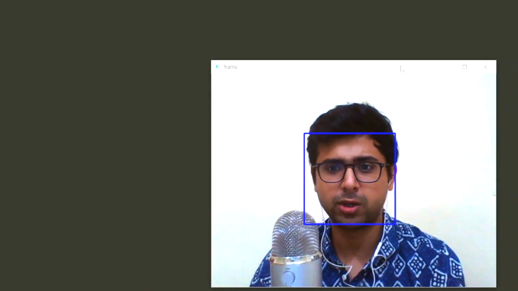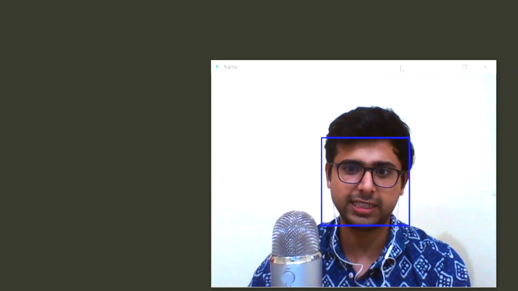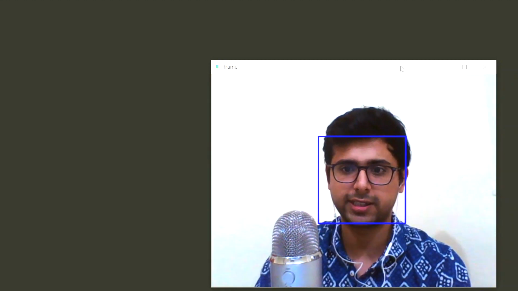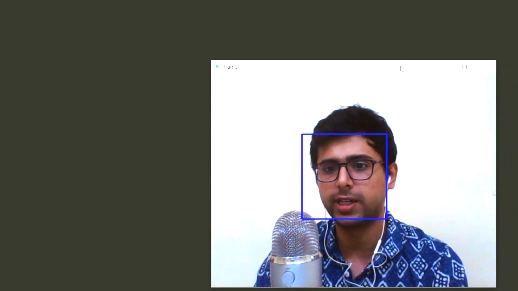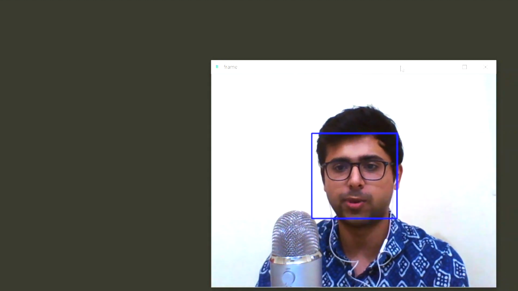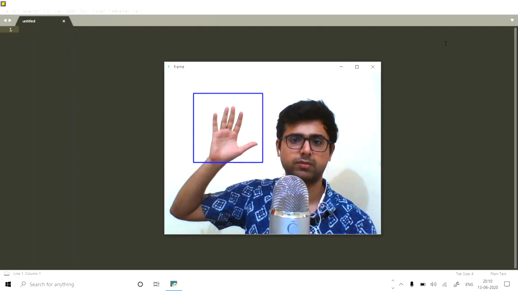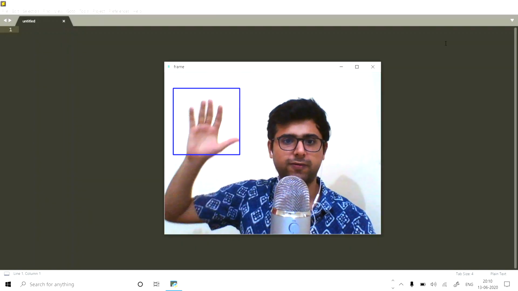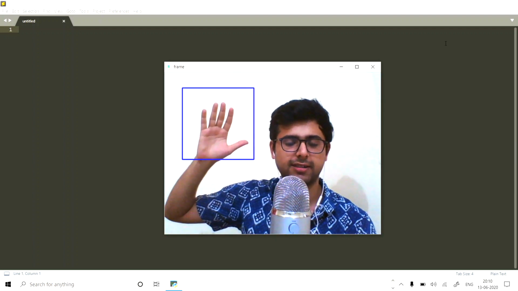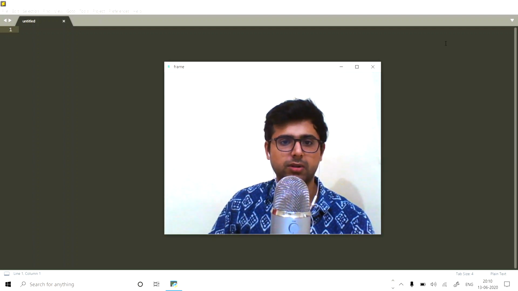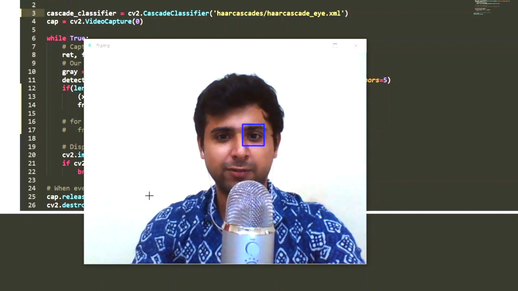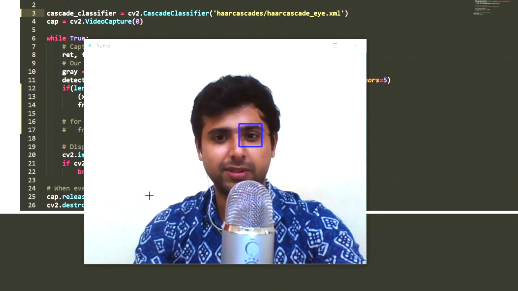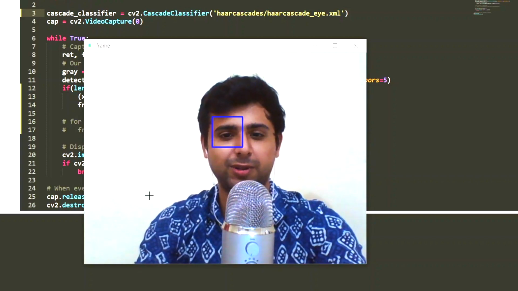And why would you want to do that? Once you have detected this region which has my face in it, you could then feed it to a face recognition algorithm or maybe an emotion detector and so on, right? So the possibilities are endless. The good thing about this project is you can easily modify it for different use cases, like detecting, in this case, a hand. And it can work with eyes as well. It's not as accurate as the hand or a face, but it still works.